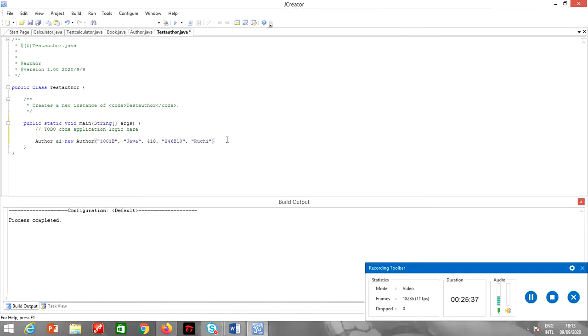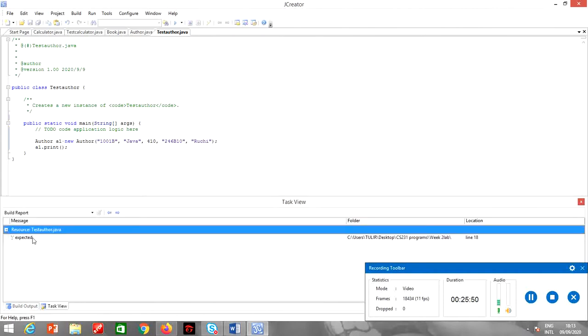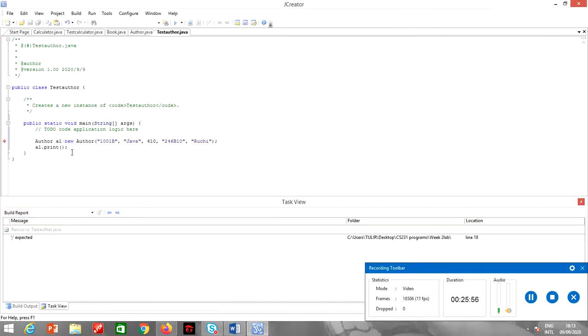Now let's call the print method. When I write here a1.print, now child class print method will be executed, so it will only print.